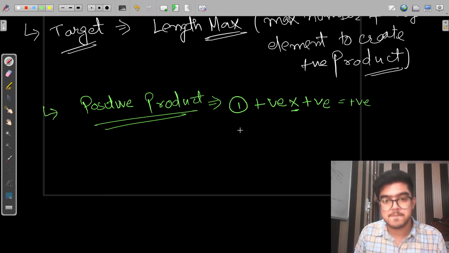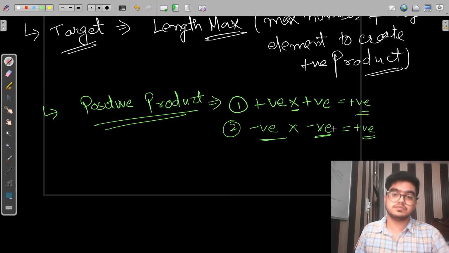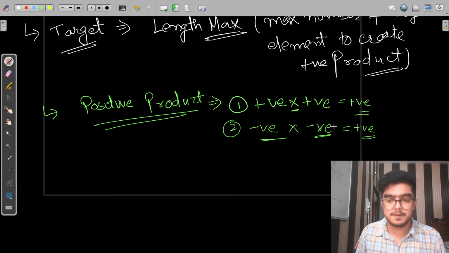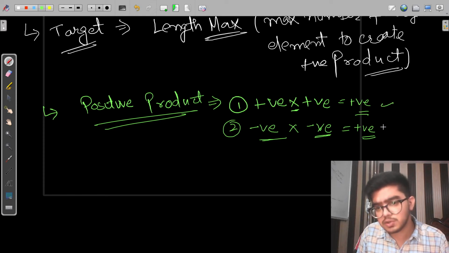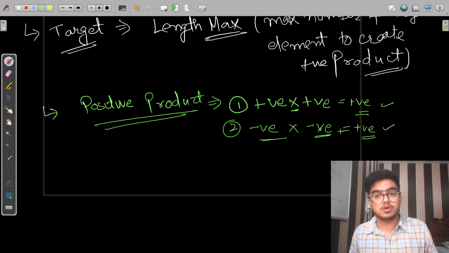The second thing is if we have a negative value and we multiply it with a negative value, it is again a positive value. So these are the two things that make our product positive.